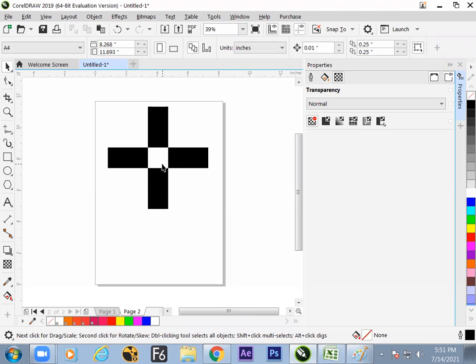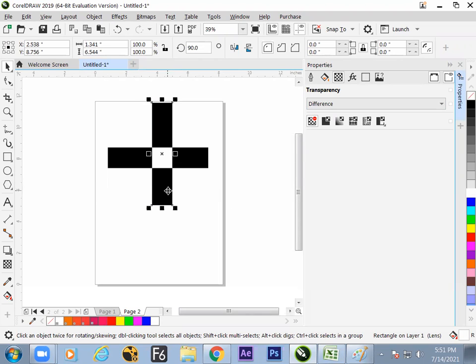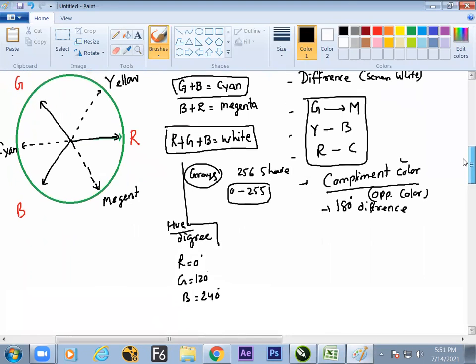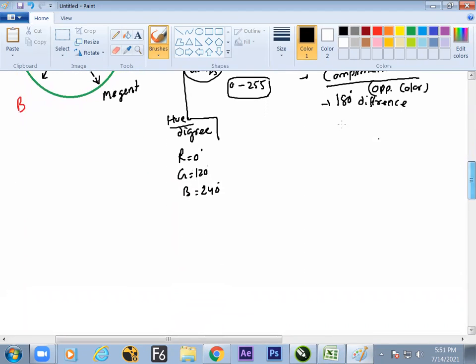Now the math, how does it become white, sir? Am I right? No? Instead of learning it by heart, why did it come? What is the coding behind it? Yes, that makes sense. So let us see the difference mode mathematics here. Is it okay? Will I move? I'm just taking your approval because I do understand it is a little boring.